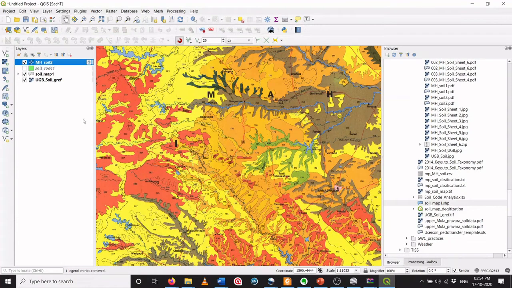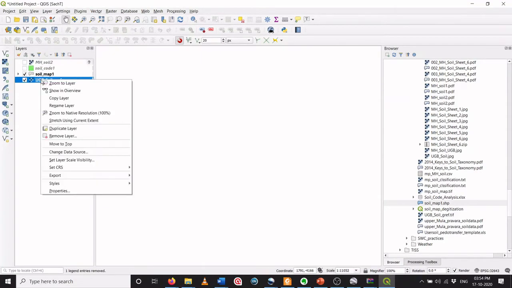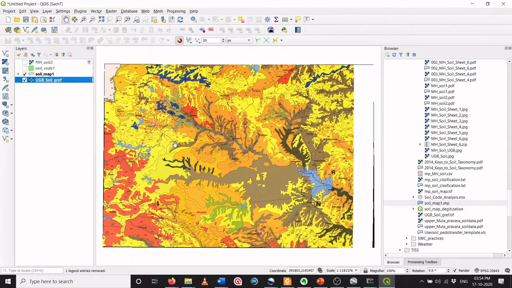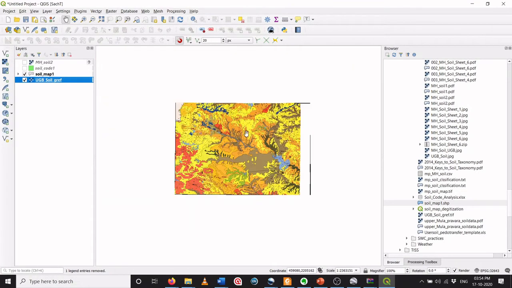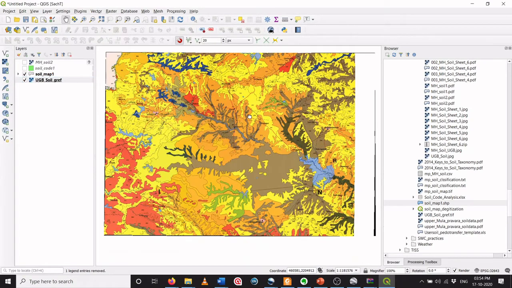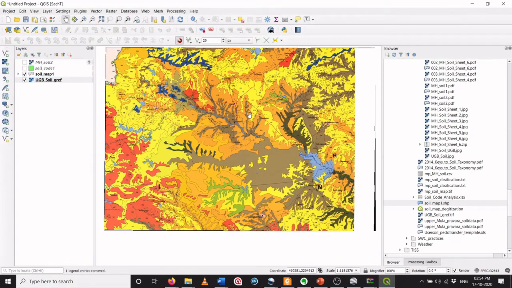Let's see a part of this map which is already georeferenced. Yeah, so this is a georeferenced paper map, and for one of my projects I have already digitized the part of this area which includes two river basins.